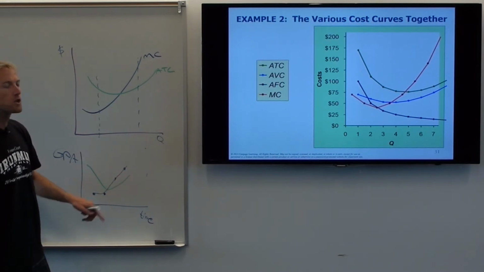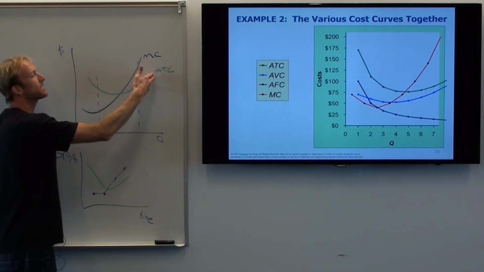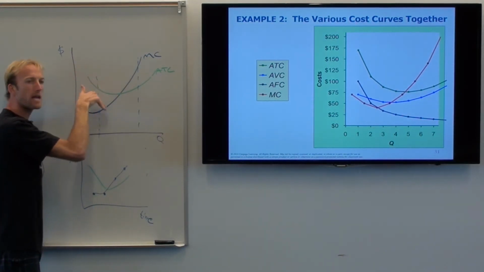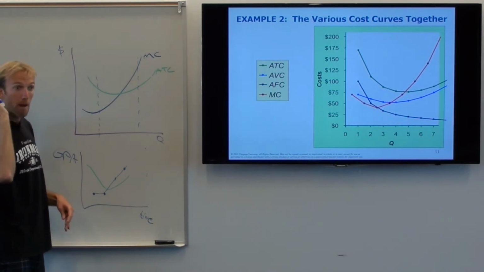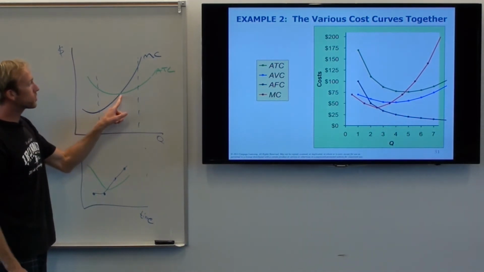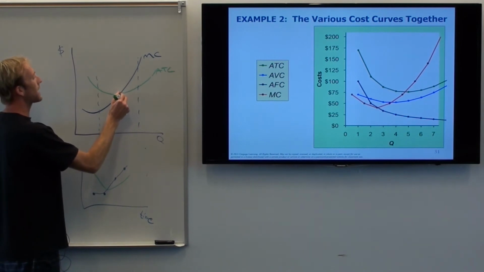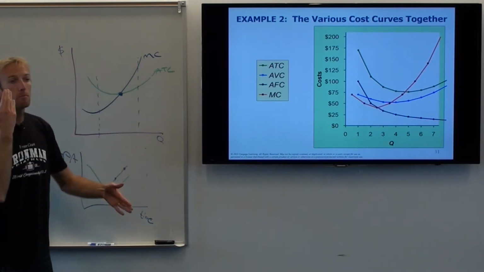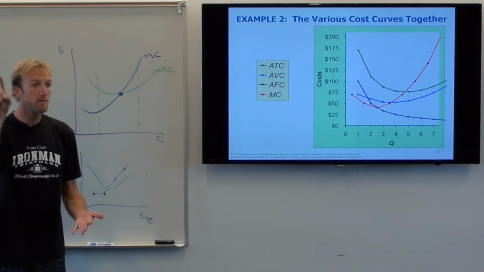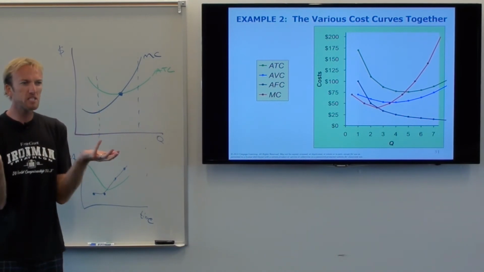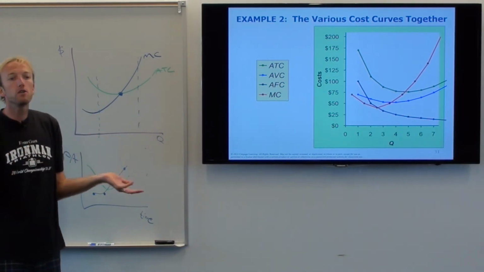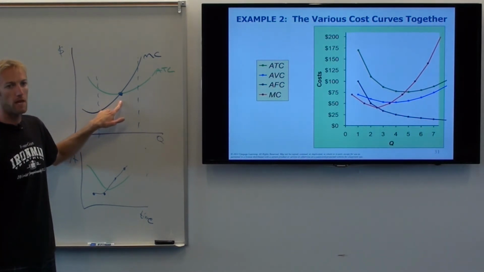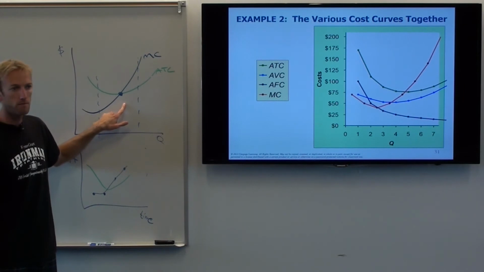Does that make sense? So anytime the marginal cost is above ATC, it's pulling the ATC up. Every time marginal cost is below ATC, it's pulling ATC down. That's why mathematically it has to be true that the marginal cost crosses ATC at the minimum point. Okay? And in the next chapter, it's going to be important to know where the bottom of the ATC curve is, because that's like where it's cheapest to produce, right? And so how can you possibly know that? Easy. Just look at the point where marginal cost crosses ATC. That'll tell you the minimum point. Okay? All right.